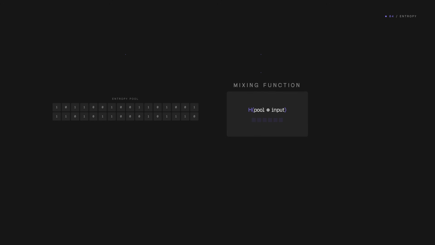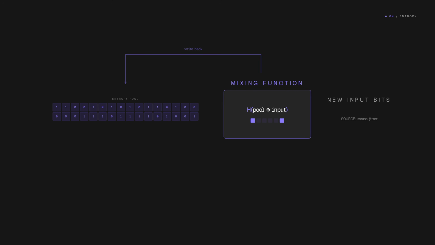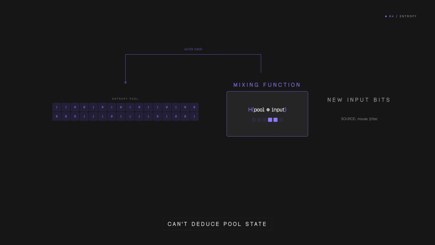Now, how does the kernel actually mix them? The entropy pool is a fixed size buffer of bits. When new data arrives from a source, the kernel doesn't just append it, it runs the input through a cryptographic hash function together with the existing pool content and writes a result back. This is called the mixing function. Its job is to ensure that even if an attacker knows some of the inputs, they can't deduce the pool's